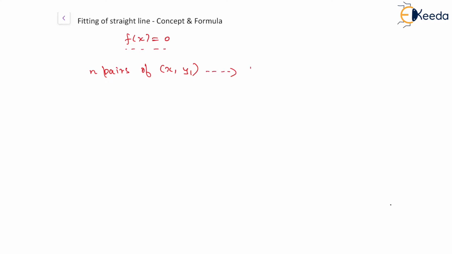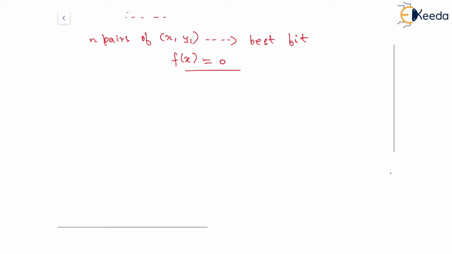Using this, we need to find the best fit, and that is the equation f of x equal to 0. So there are different methods by which we can find the equation or the function. That can possibly be